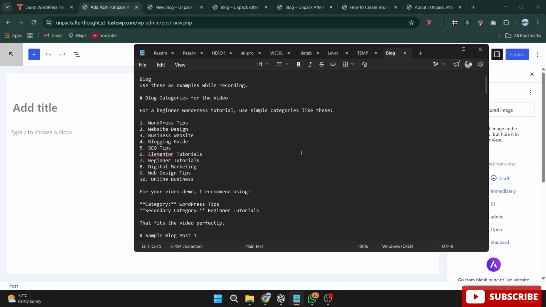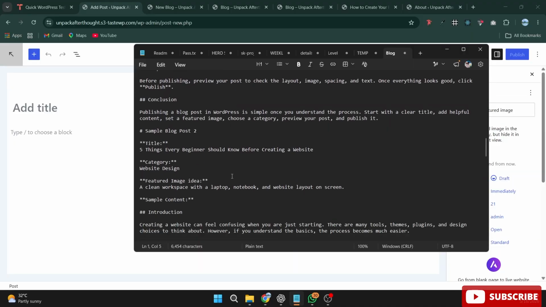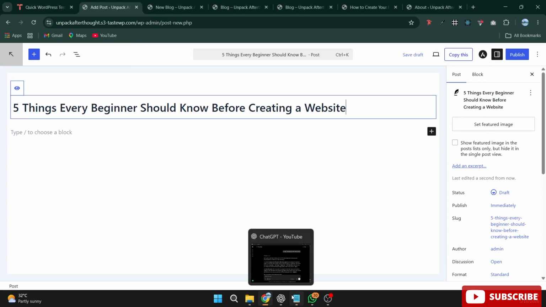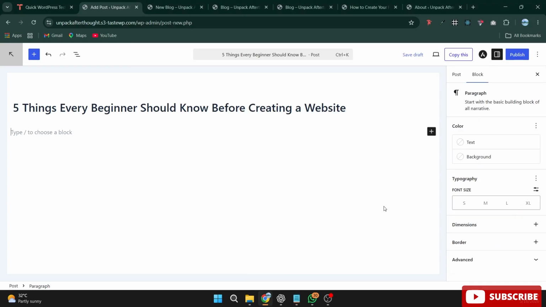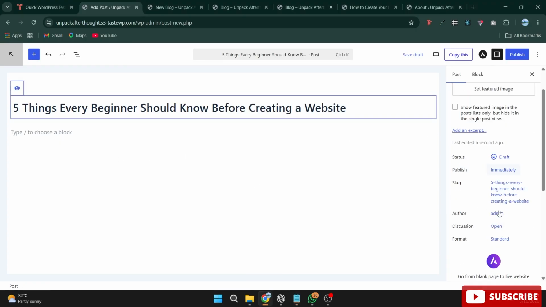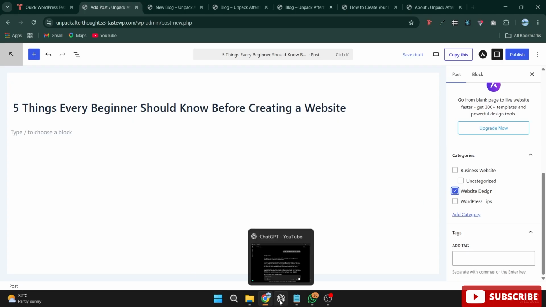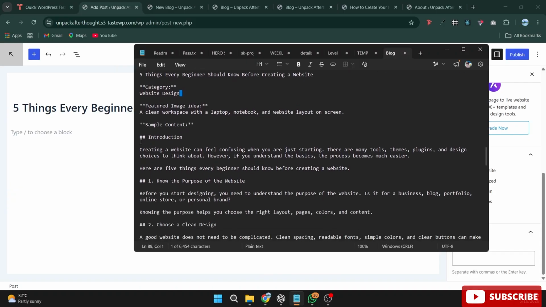As you know, just copy the content from ChatGPT or just save your content somewhere. So we are going to add a few more blog posts. We are going to pick a title, put our title here, and the category. As we set our categories, you can just come here, find your categories, add a category. It's good for SEO, and let's go ahead and have our content. So you can just copy your content,